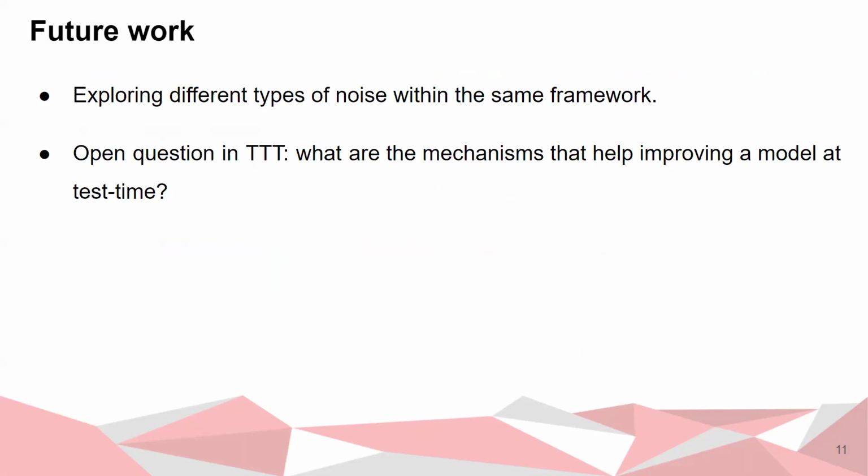Future work includes exploring other types of noise that could potentially improve the contrastive representation of source and target domains. Moreover, a fundamental question covering all test-time training methods still remains. What are the mechanisms that make an auxiliary task better than another? And how can these tasks link better to the main classification task? Answering this could lead to the development of more suitable TTT methods and help deploy models to new domains.